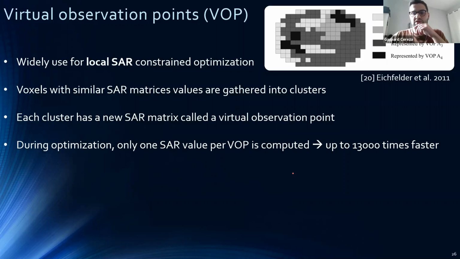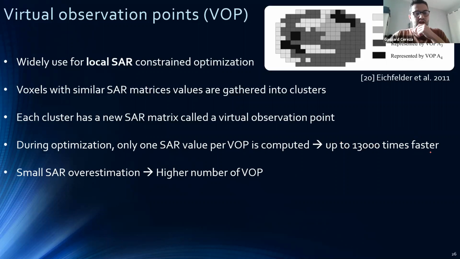So it can become up to 13,000 times faster than computing the optimization for all voxels. So that's a really, really important point. So that's why it's widely used. And it will also overestimate the SAR, because we can't risk having an estimation that will be lower, so